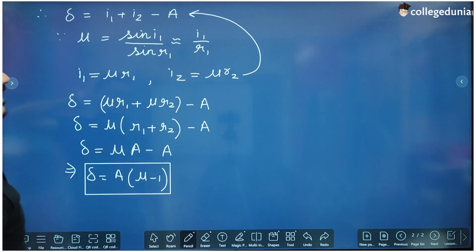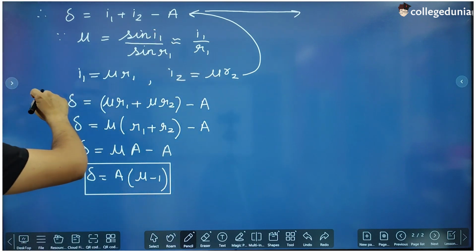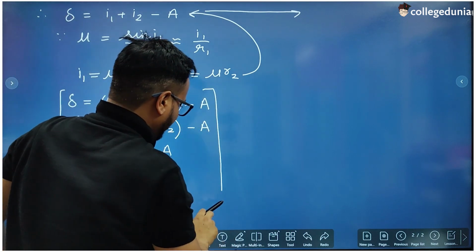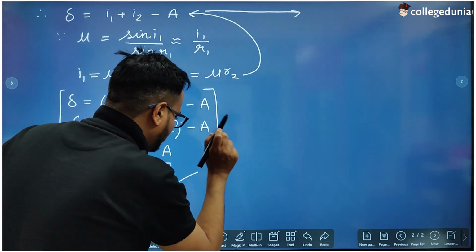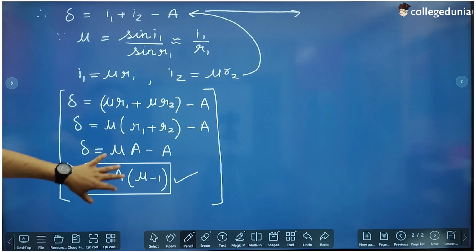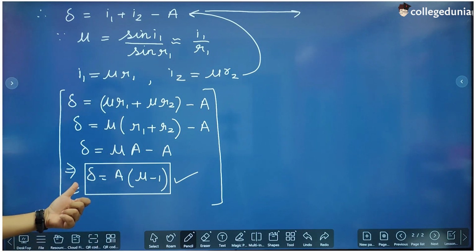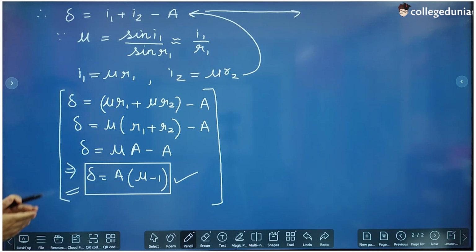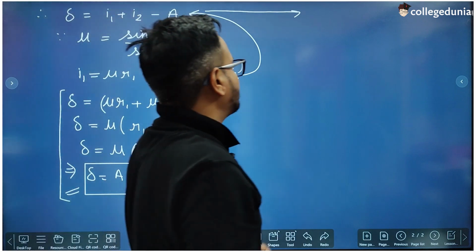Okay, so now let's take this. Do one thing. We can remove these parts also, because this was just to derive this important result, which is not a part of the prism formula, but I have derived it so that you understand this result is also very important, and it is asked many times in the exam. This is the relation between the refracting angle of the prism, the refractive index of the prism, and the angle of deviation. So you can derive this relation also, but now let's come to the prism formula.